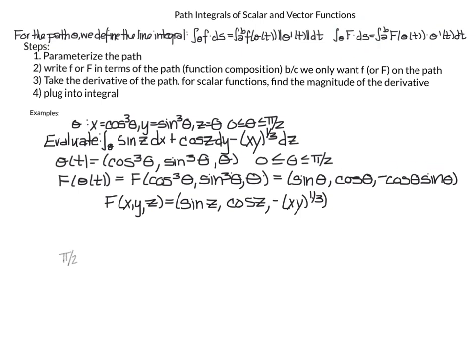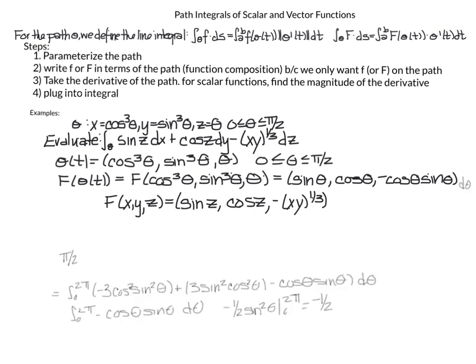So that's my sine theta cosine theta minus cosine theta sine theta. And then my derivative, minus 3 cosine squared sine theta, minus 3 sine squared cosine theta, 1. From there, I've done my dot. I dotted sine theta times minus 3 cosine squared sine theta. I multiply my cosine theta times my 3 sine squared theta cosine theta. And then I have my cosine theta sine theta. There's probably a lot of simplifications with the sines and cosines, but here is the rest of my integral and